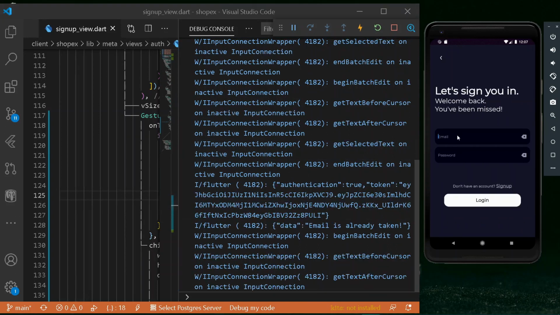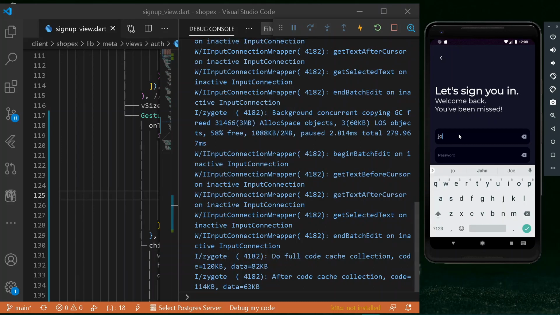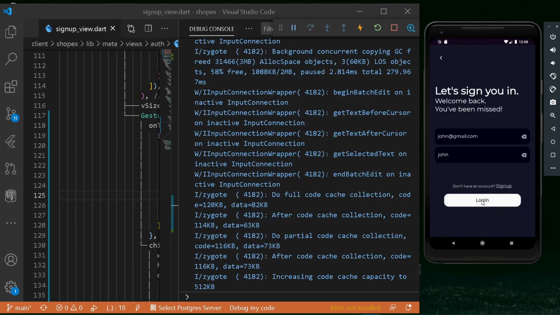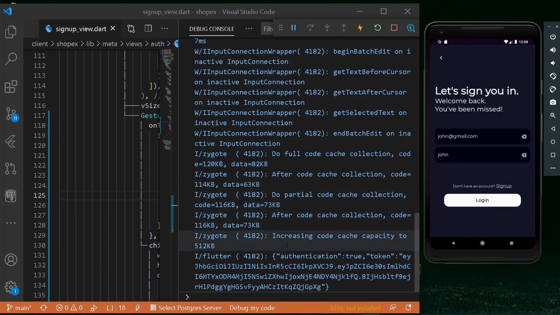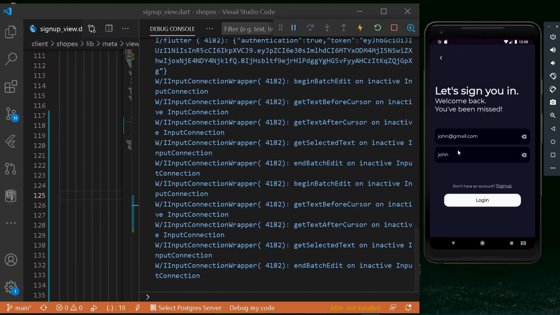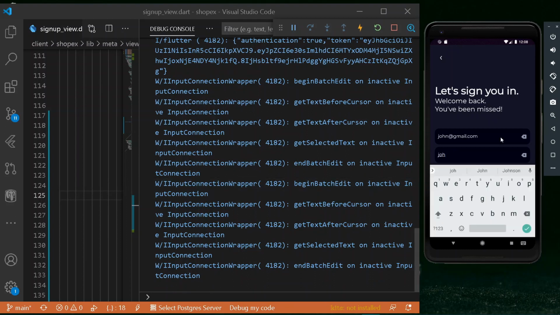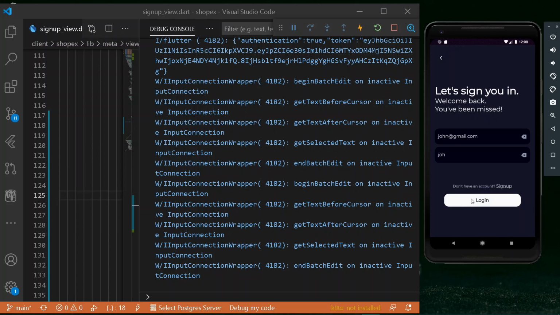So let's go under the login option and here let's have the same email that we have pasted. Here let's have John, add a yes, and let's try logging in. Now you can see we are getting our value of authentication to be true and also we are getting our entire token. Now if I try to paste a wrong password instead of the right password of John, let's remove N from here and let's say tick 1 and let's try logging in.